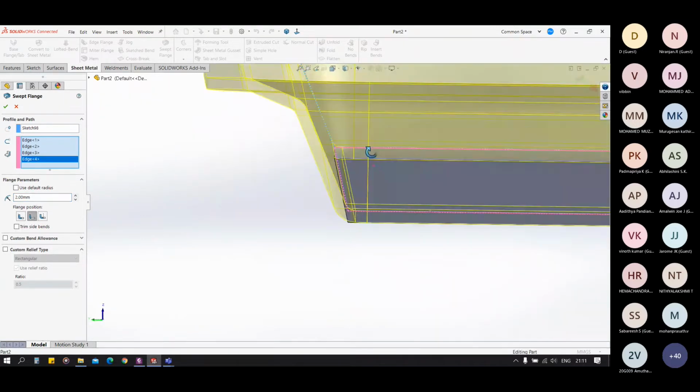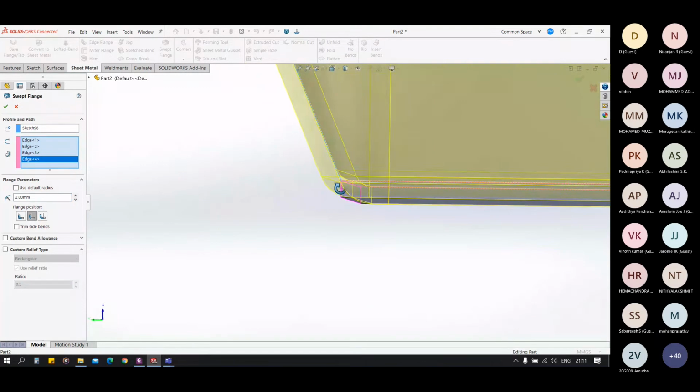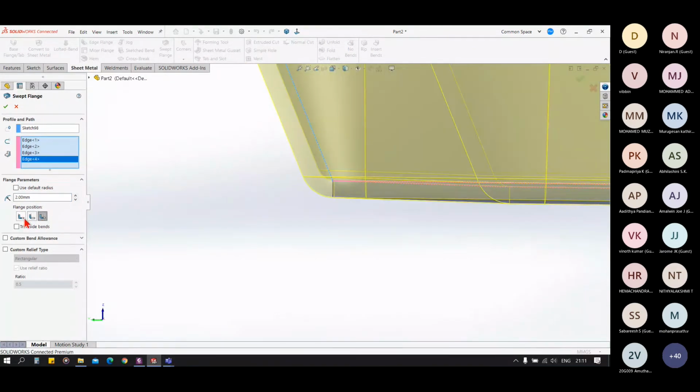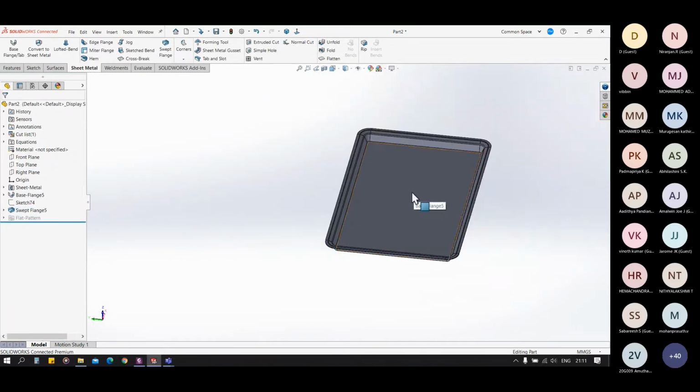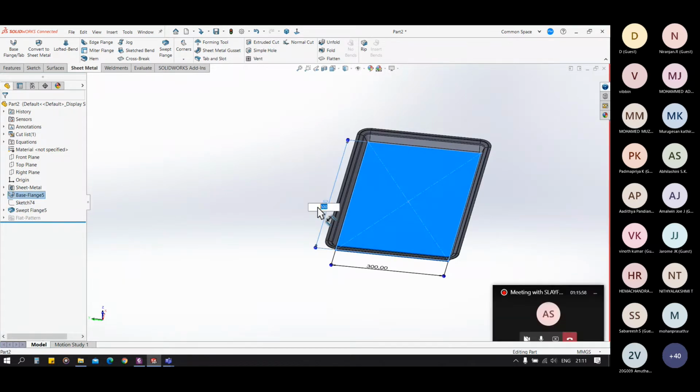You can see flange position, and these are the allowance types. Like this. This is the swept flange in the sheet metal.